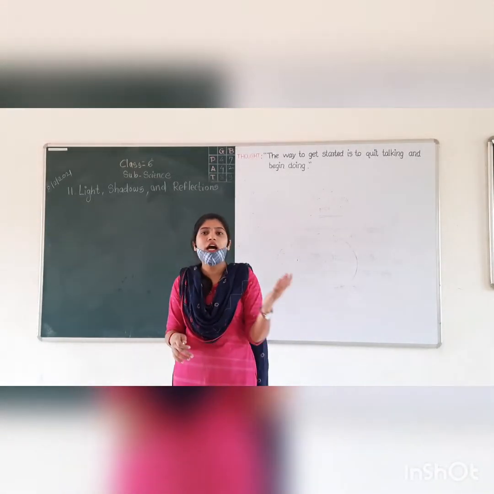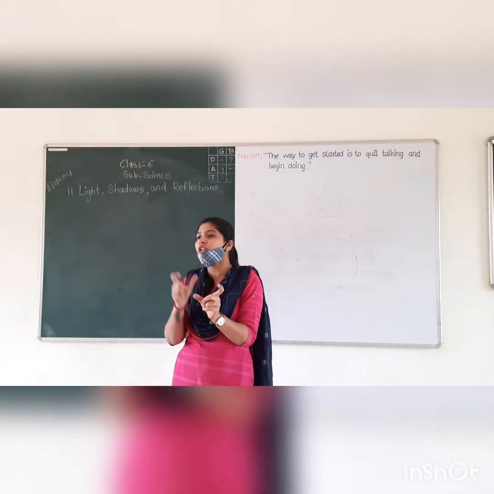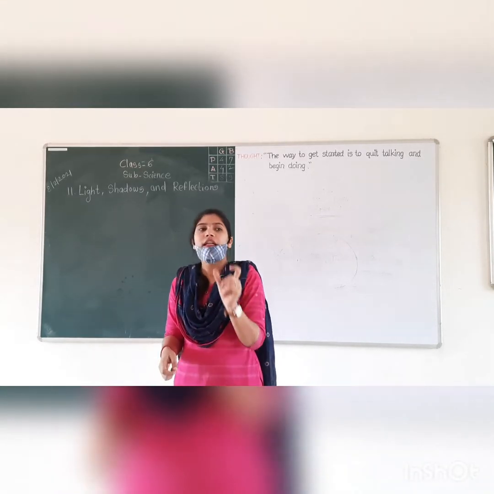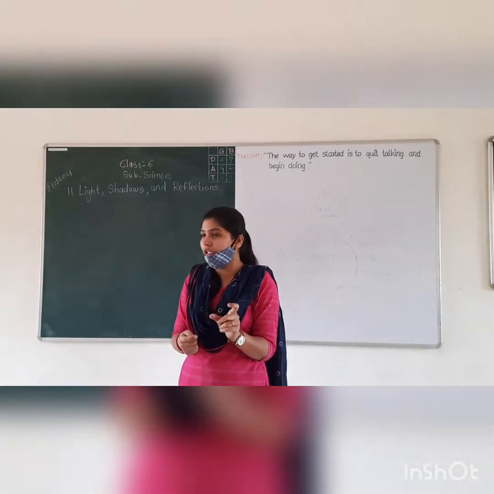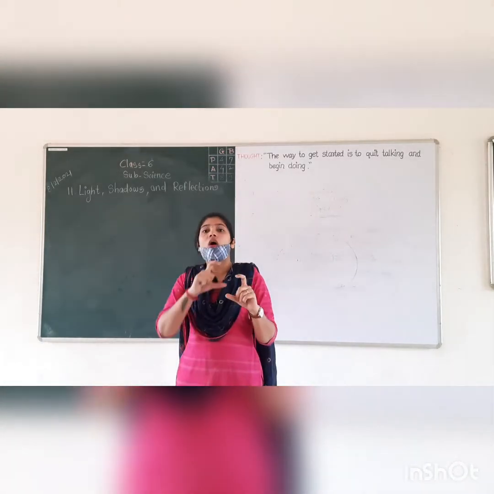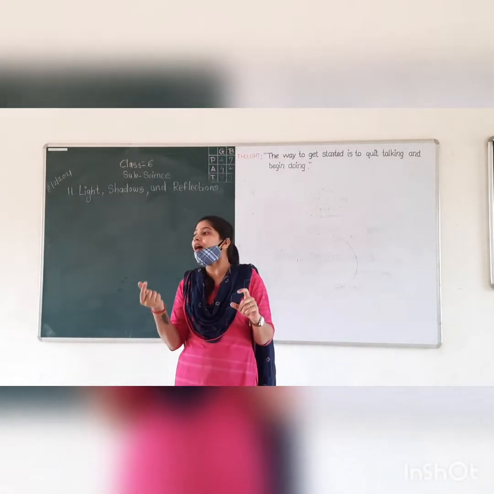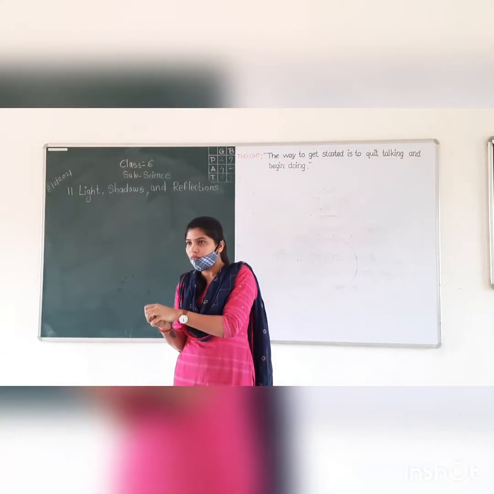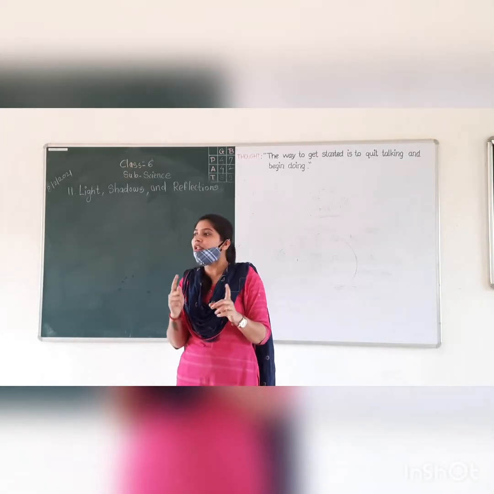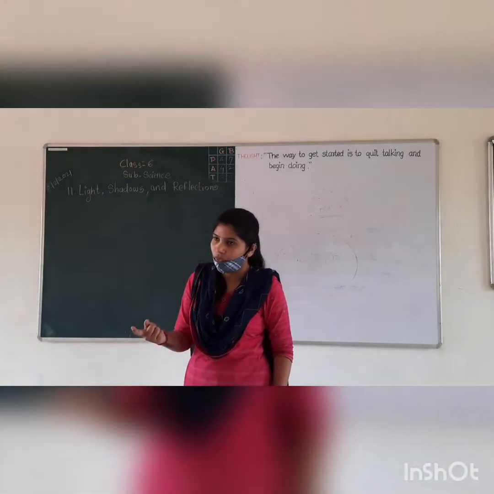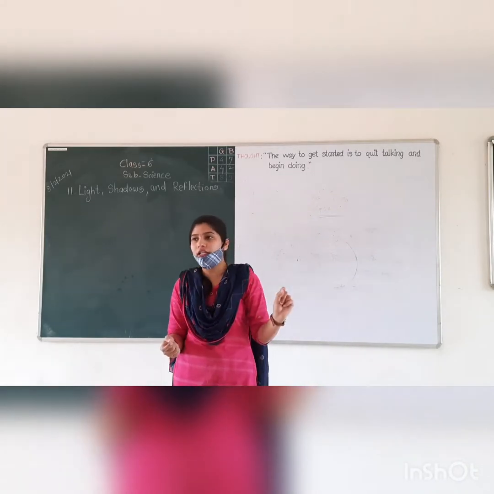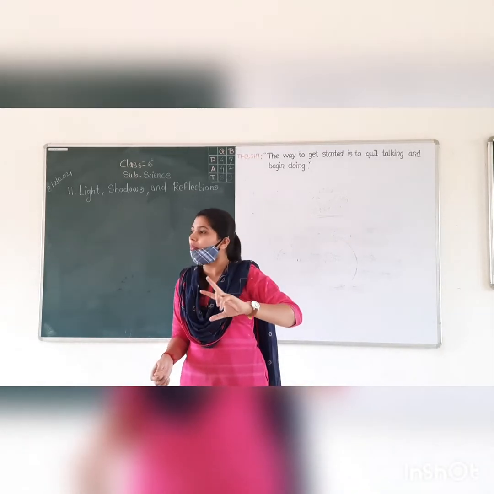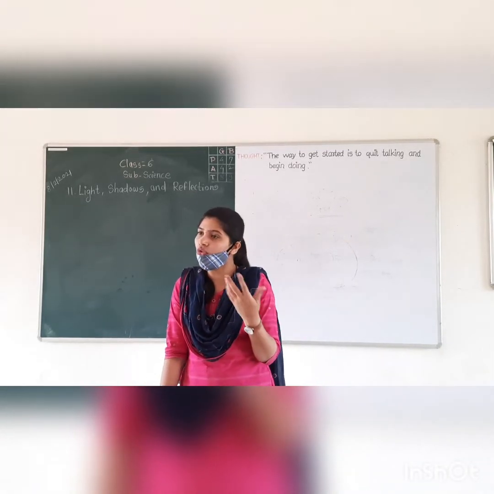Then we have learned the arrangements of bulbs to the cell. For an electric circuit, the source is important, wires are important, and your bulb or any electronic appliance is important. Correct? When there is a proper connection, then only your bulb will glow. If you are attaching one connection, the bulb will not glow. So depending upon both terminals, your bulb starts to glow.